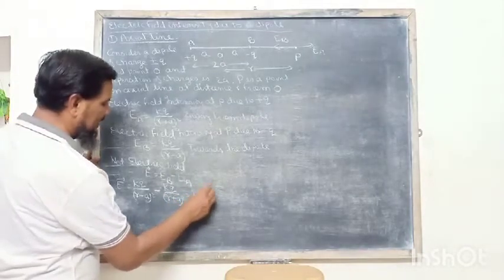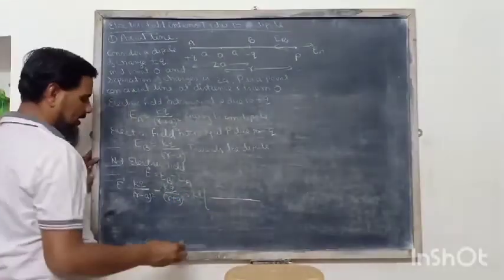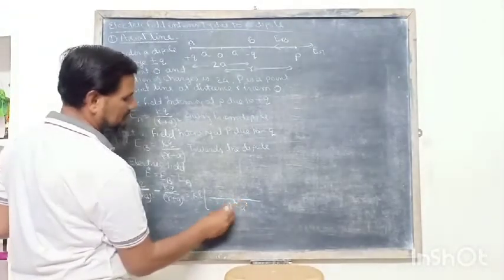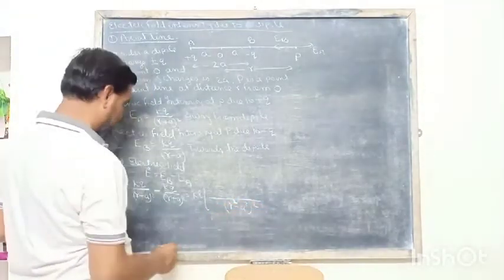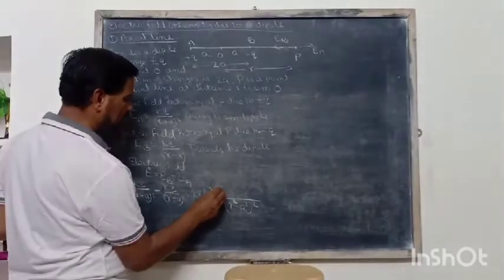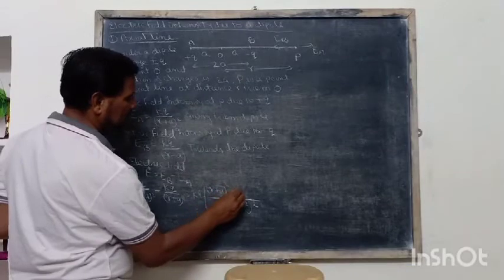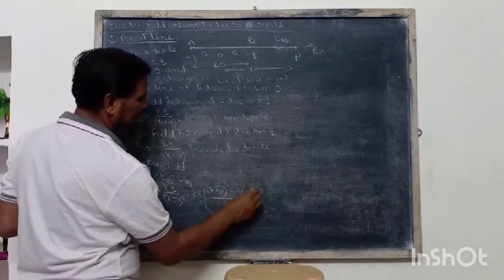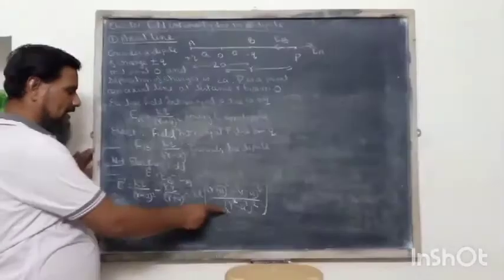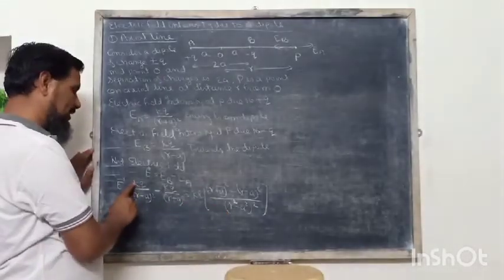KQ can be taken out. The LCM will be (r square minus A square) whole square. Here it is (r plus A) whole square minus (r minus A) whole square,